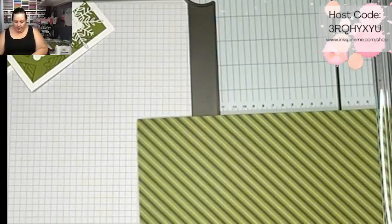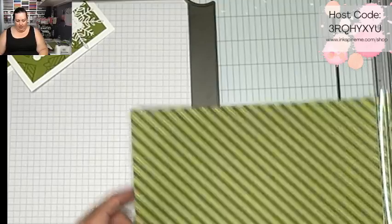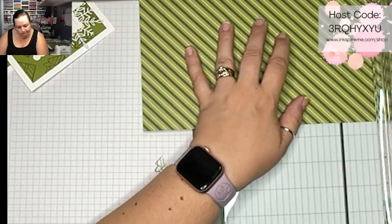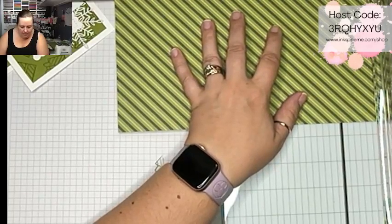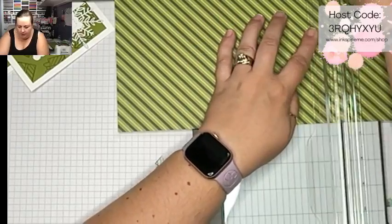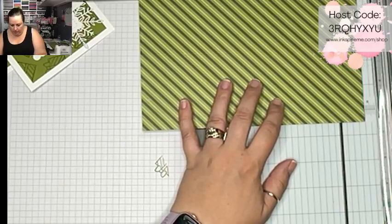And it all depends on how big you want your box to be, or your bag to be. So I think I want my bag to be, I'm going to say 9 inches, maybe 8 inches. So we're going to cut it at 9 inches. There's a little bit of trial by fire here. And I want it to be